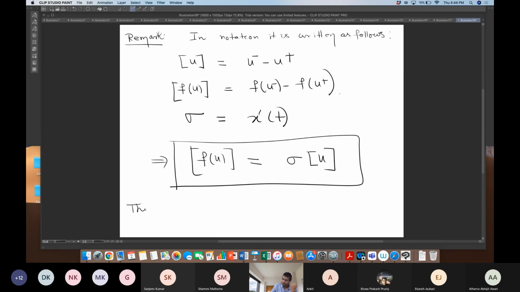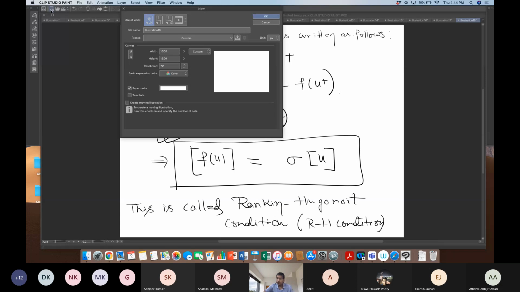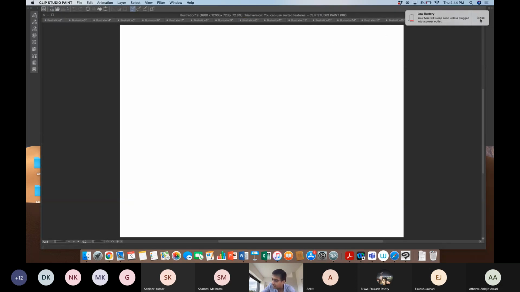This is called the Rankine-Hugoniot condition, or sometimes it is written RH condition. This is very important. Rankine-Hugoniot condition. Okay. Now I will tell you, once you have this Rankine-Hugoniot condition, next remark I will